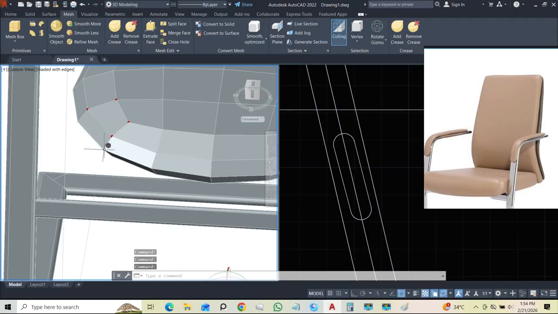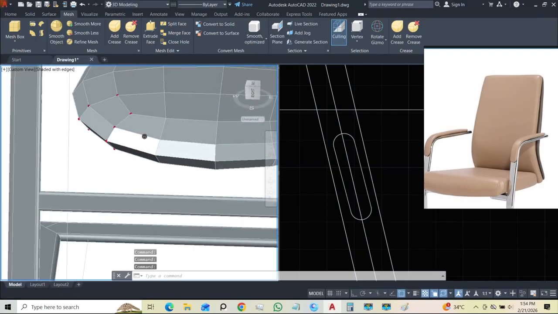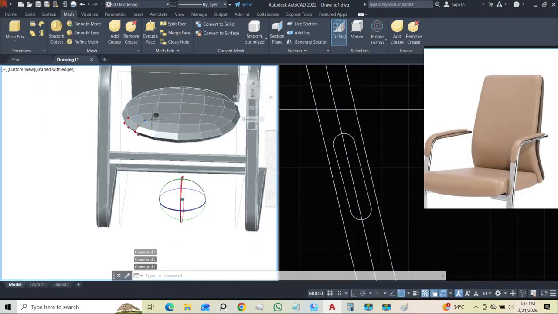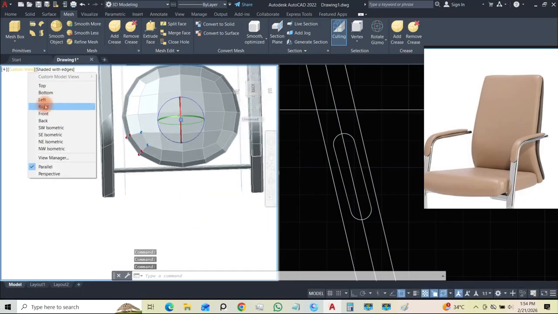So let's just pick all those vertices, orbits, click here and here. So I'm going to remove this. So now that I have those vertices moved, if I go to the top view,